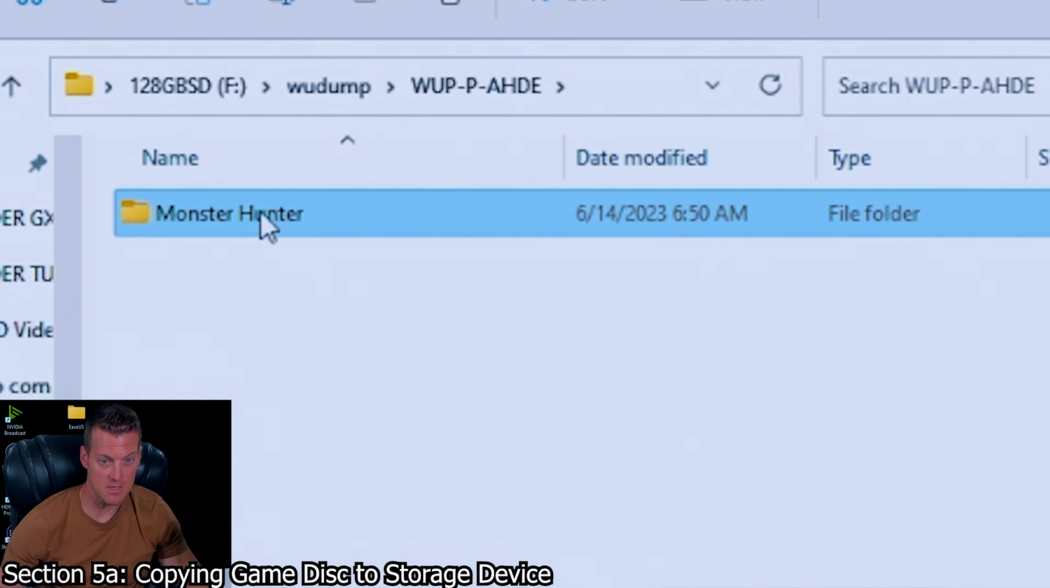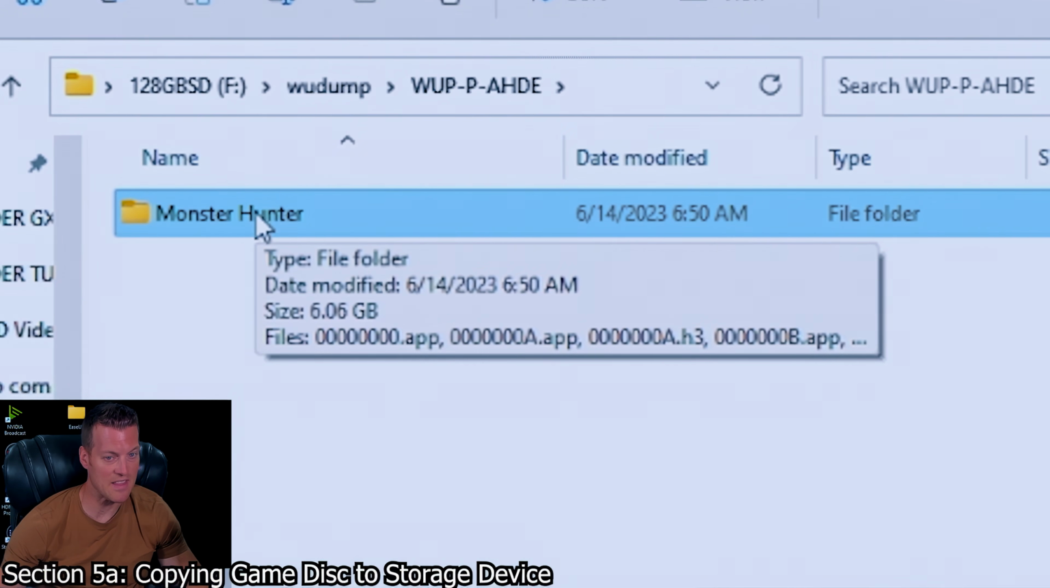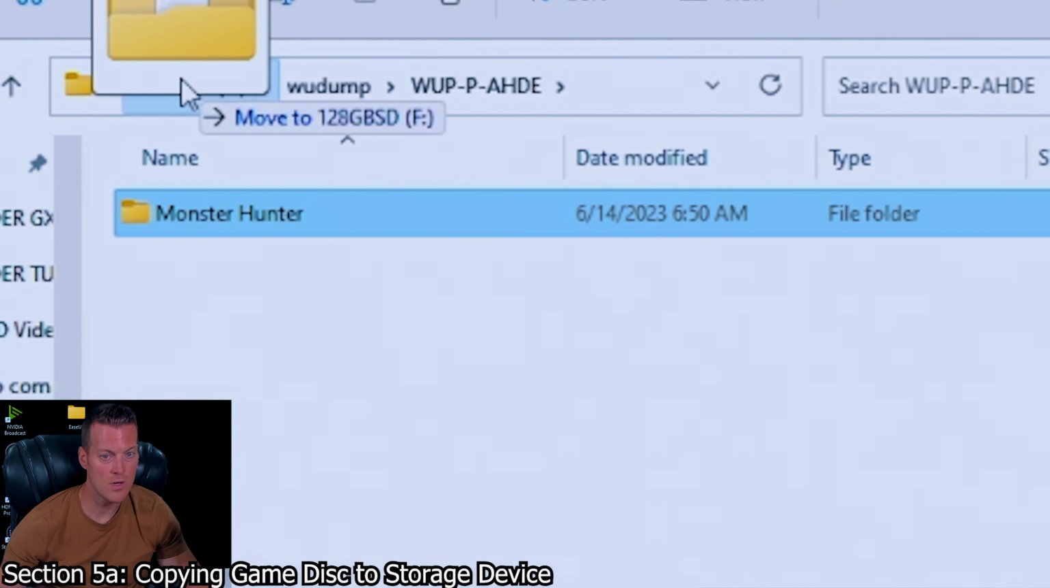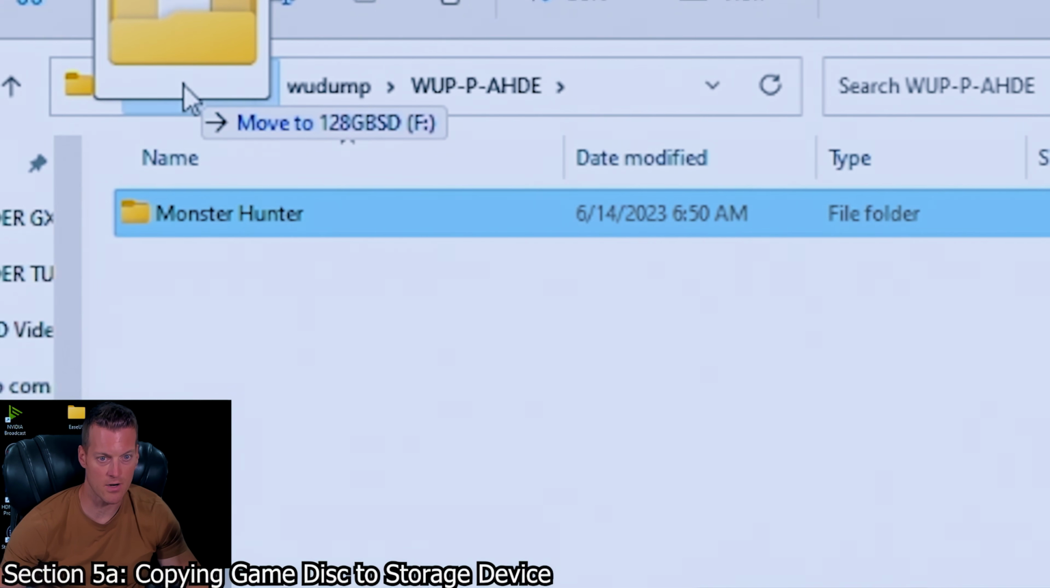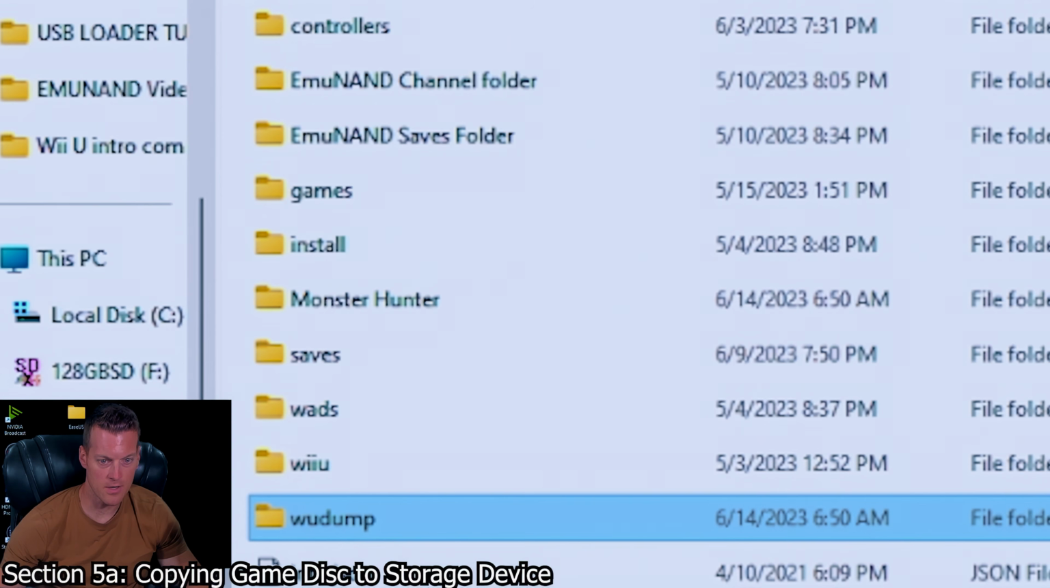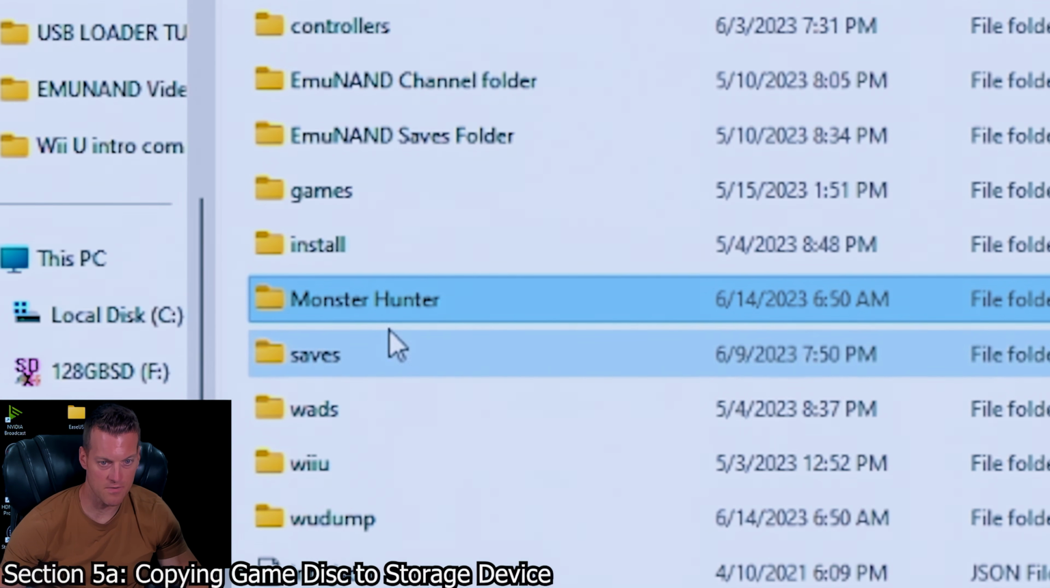So what I'm going to do is grab this Monster Hunter folder and put it in the root of my SD card. So I'm going to drag and drop it up here. It says move to 128 gigabyte SD. That's the root of my SD card. I'll drop it there. Now I'll go back into the root of my SD card, find that Monster Hunter folder,